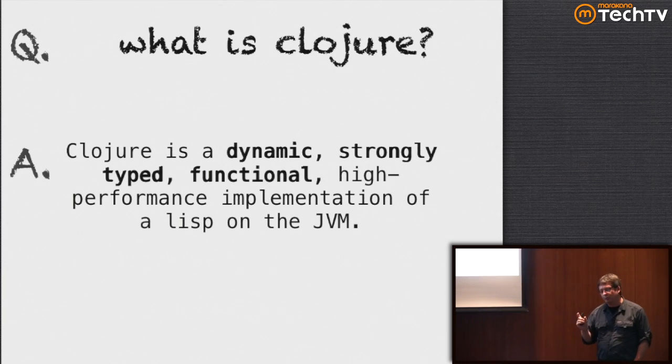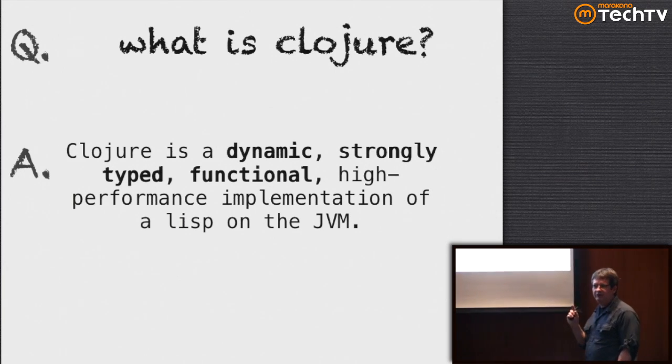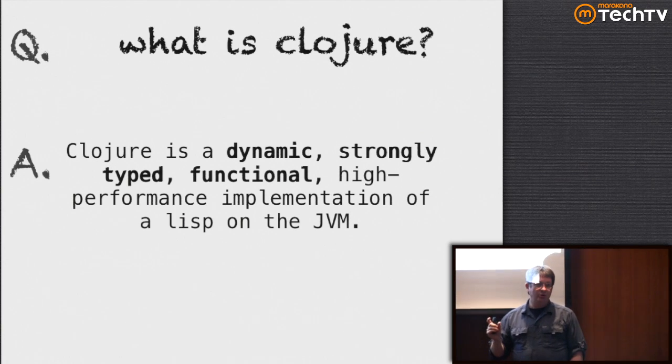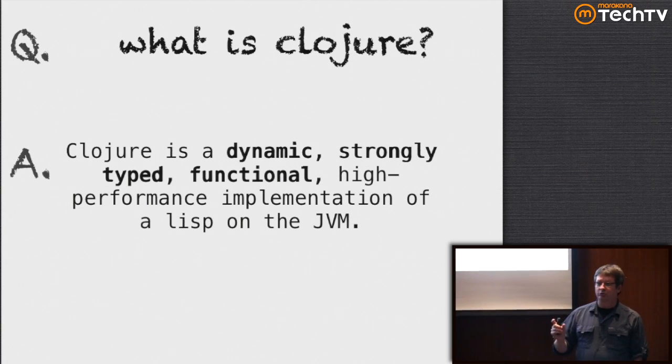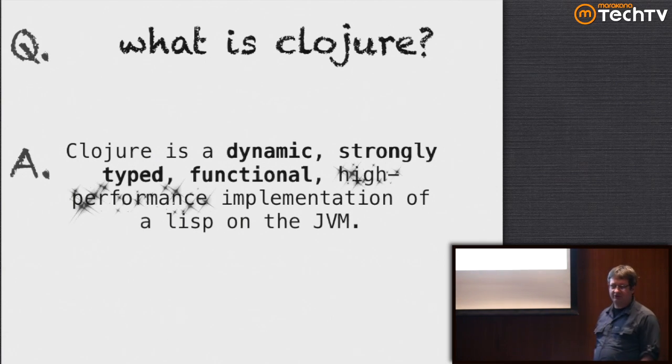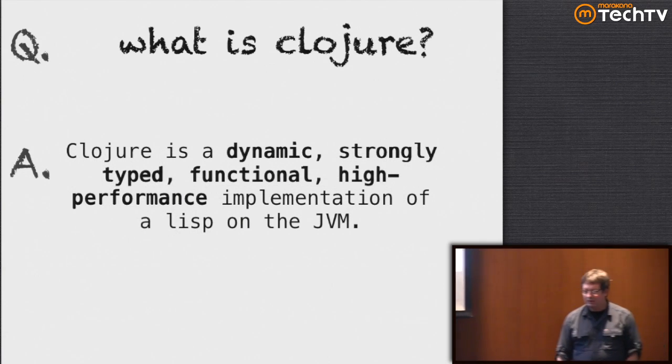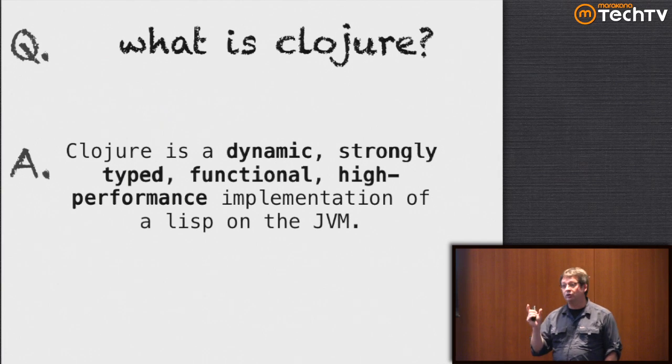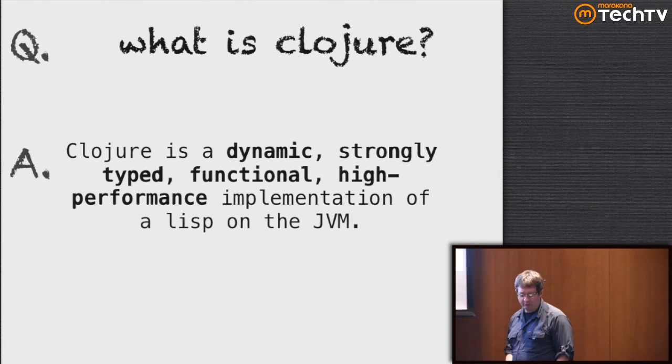For example, Clojure does for concurrency what Java did for memory management. You can write thread-safe code in Clojure without thinking once about threading, and everything is automatically concurrent and thread-safe. And I'll show you what that looks like. So it's a very functional language and a single paradigm language versus a multi-paradigm language.